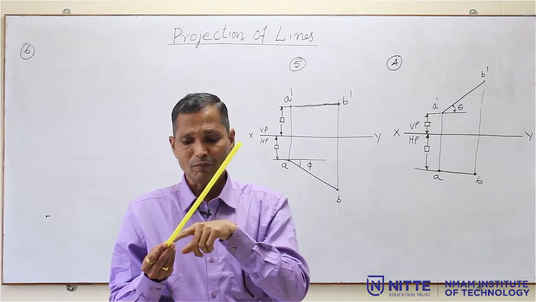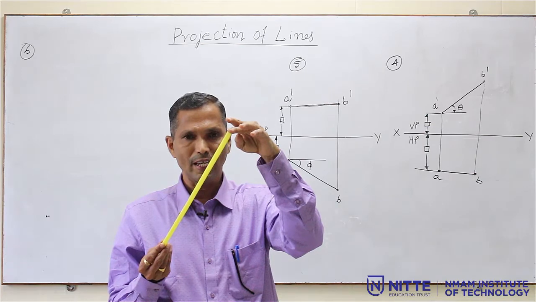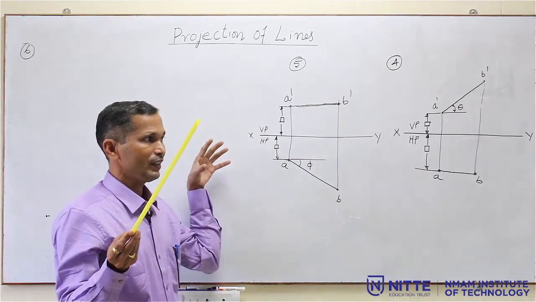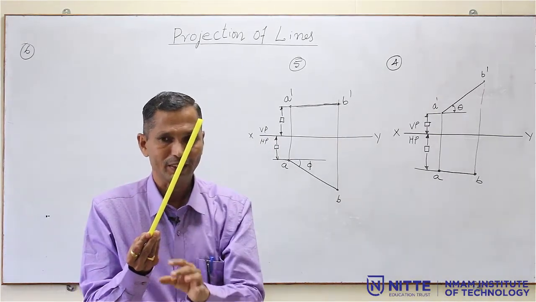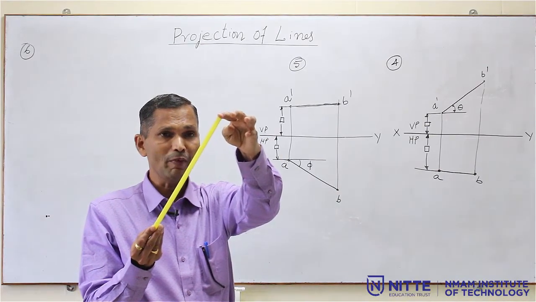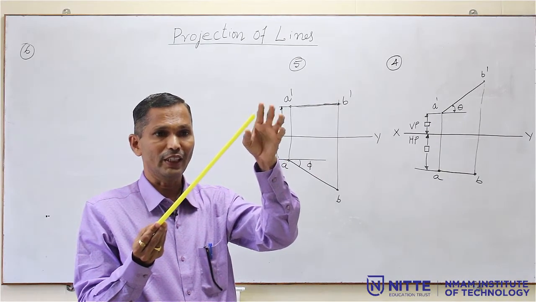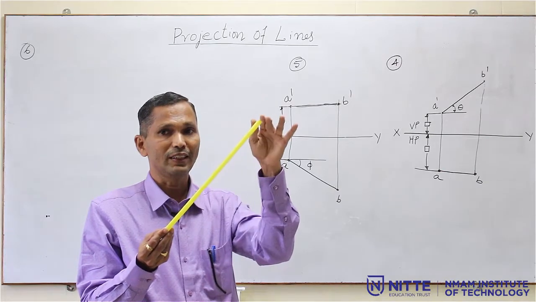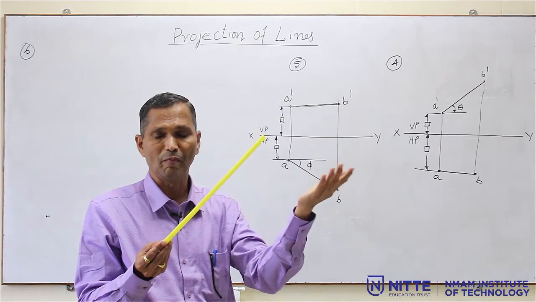Now this is point A, this is B, straight line AB. In this position I am going to get the front view. What is that? A dash B dash. In this position I am going to get the top view. What is that? AB. Now if I manipulate this, I will be getting one manipulated position. In this position I am going to get a front view. That front view is not called A dash B dash, it is the manipulated position. So I will be giving some other name.